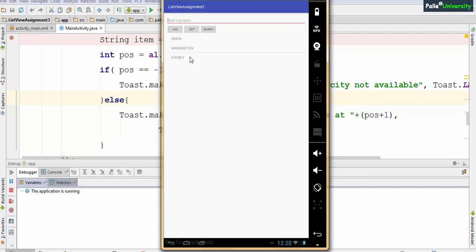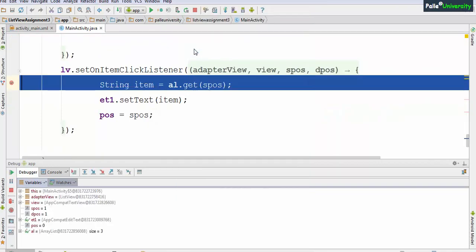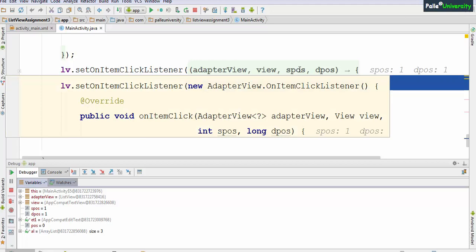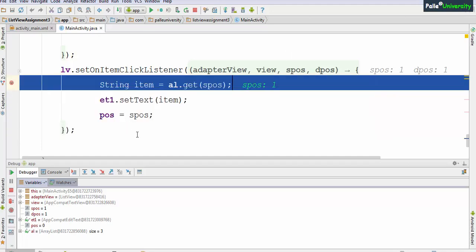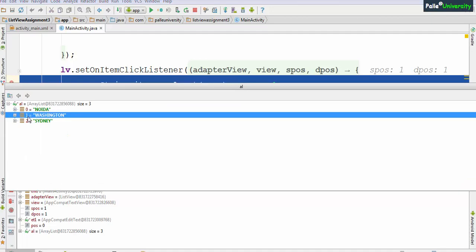Now let us see how the edit functionality will work. Let us say I want to edit Washington to Washington DC. First the user will click this. When the user clicks, it will pass the source position, that is the position of Washington in the array list. That is the first position. Observe, in the array list, Washington is at the first location.